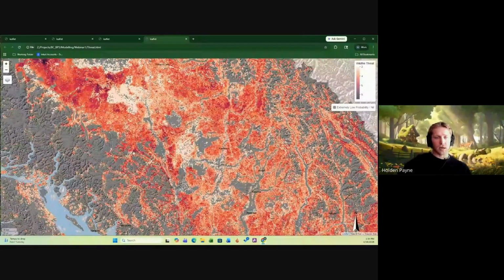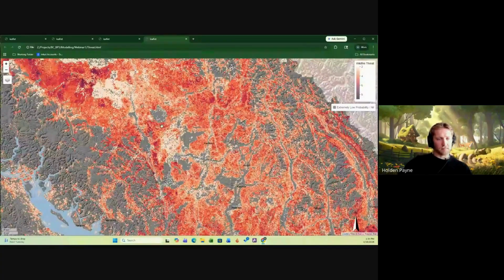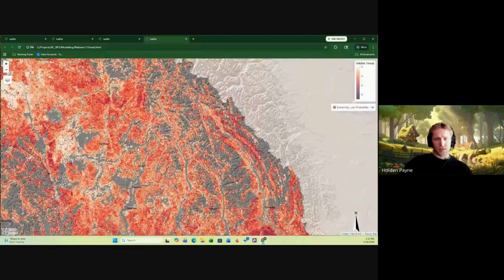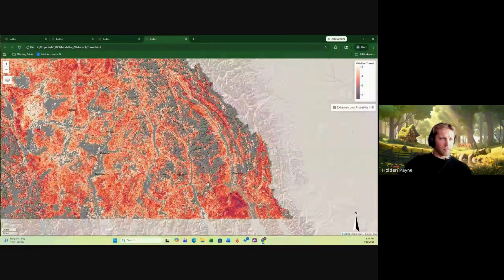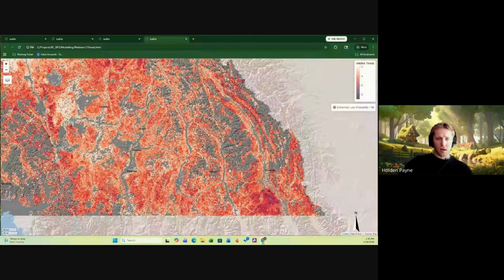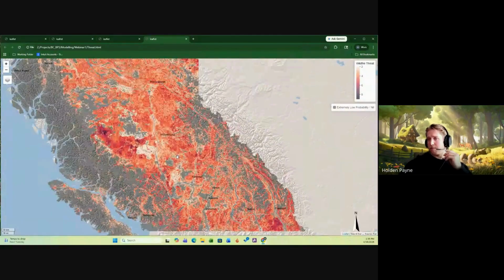We have quite a bit of moderate to high threat in here. We think driven by a combination of high fire behavior linked to steeper slopes, and then more moderate burn probabilities, not as high as the Chilcotin, but higher than maybe we had expected. And then as well, the southeastern interior and the Purcell Mountain areas and the Rocky Mountain Trench, high wildfire threat was driven by both high burn probability. This is the second hottest place in the province that we found, and extreme fire behavior linked to both dry winds coming out of the interior and steep slopes, on top of some other things we can touch upon later.